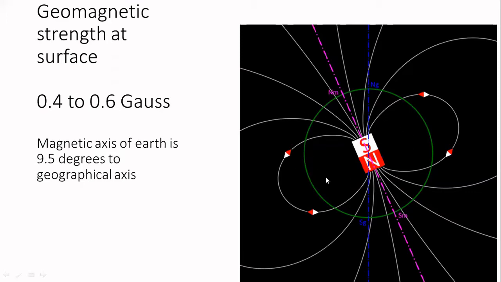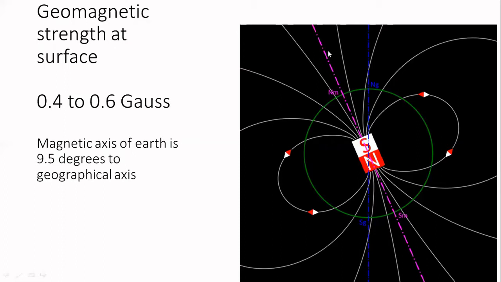Something interesting about the magnet in the Earth itself. We all know that Earth has a magnetic property, but the interesting thing is there are two axes to the Earth. One is the geographical axis, which passes from the geographical North Pole to the geographical South Pole, and there is a magnetic axis. We can imagine this as a magnet kept in the center of the Earth, with the south facing the north geographical pole with a slight tilt, and the north pole facing more towards the south geographical pole.